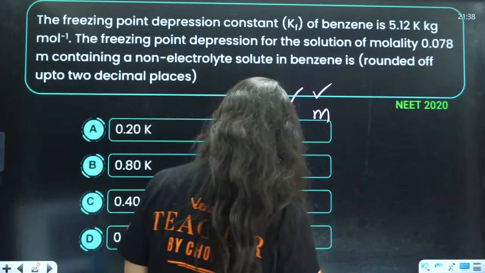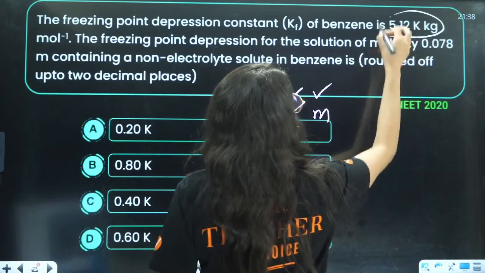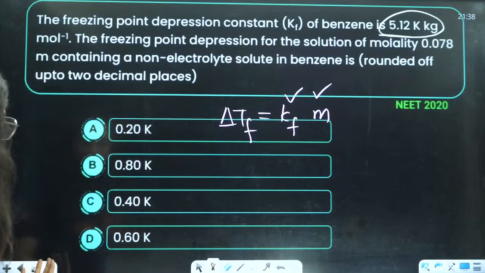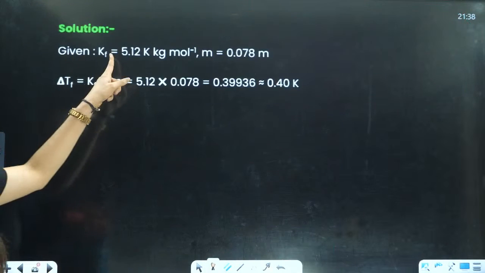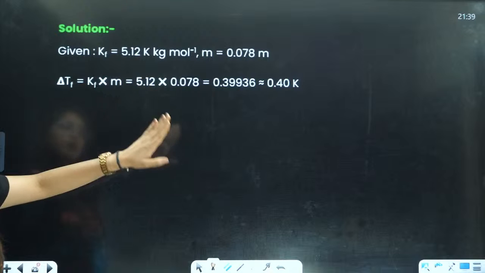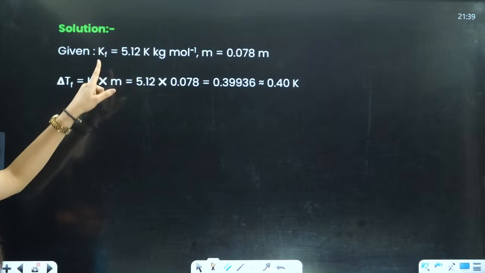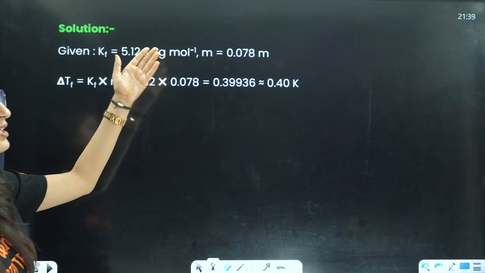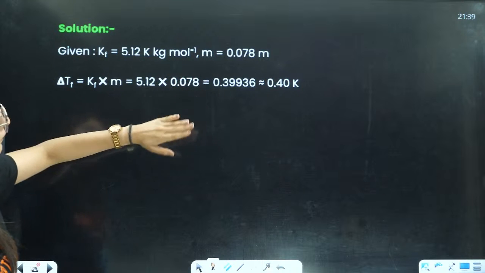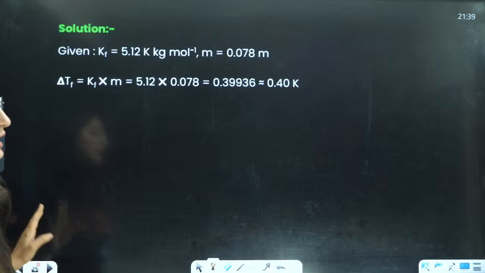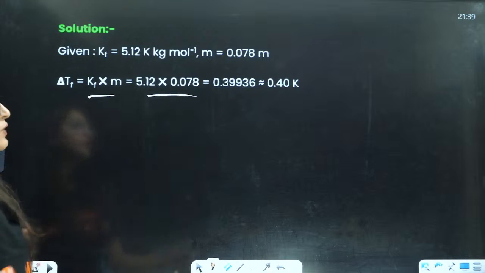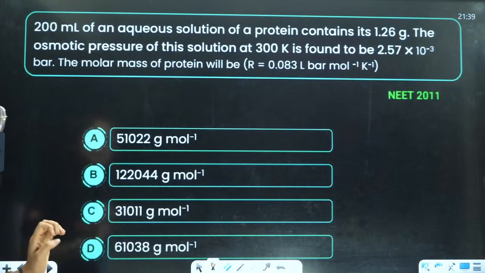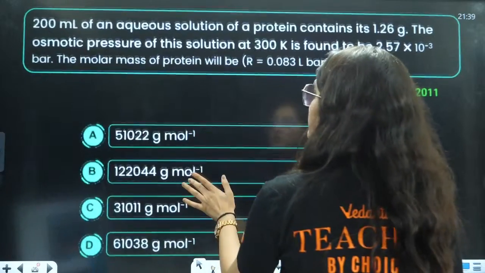What you have to see, you just have to see the units here, right? Everything else is given to you. So very simple. This is Kf. So now here you just have to see 5.12, that is Kf, is given to you. That was in the same units only. Molality is given to you in m only, right? Just multiply this, you will get your answer, right? Next is, that was a very, very simple question. Now next is